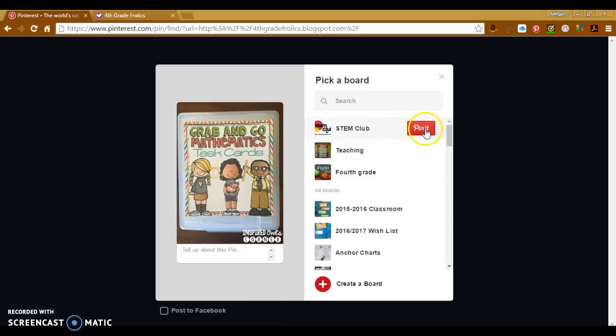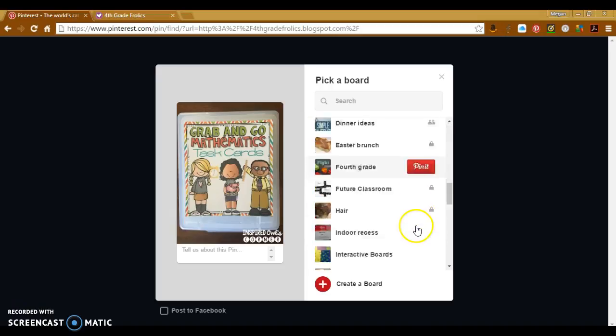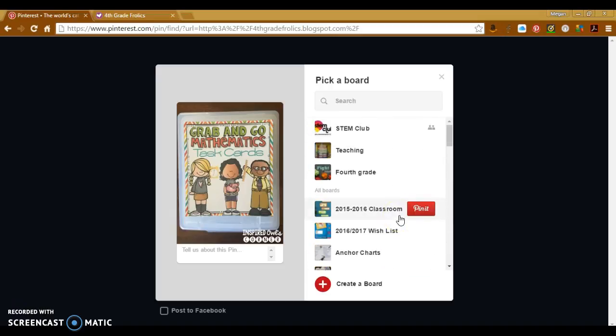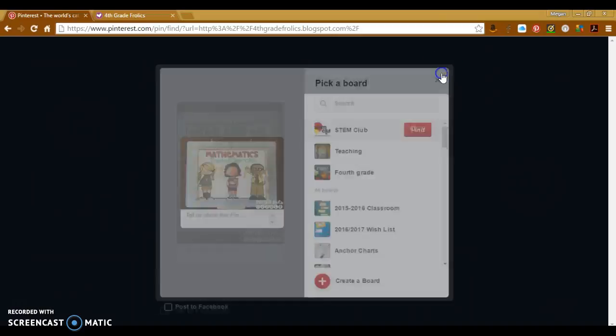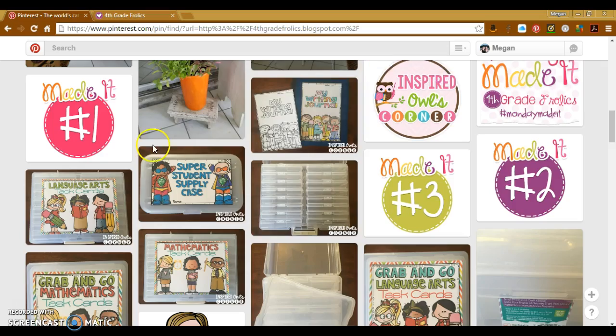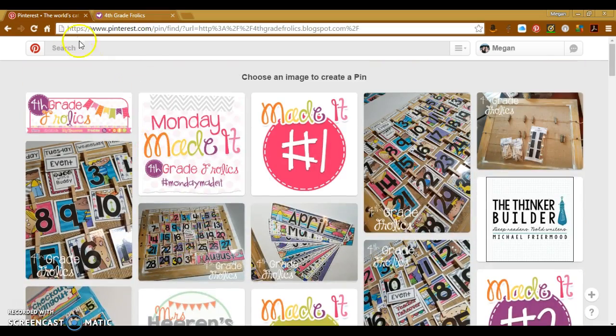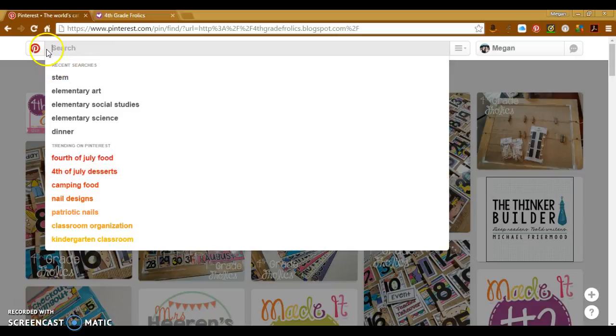I'll be able to pin it to one of my boards. I have a lot of boards. I like to be super organized on Pinterest. I would just hit pin it. It's just going to save just like normal. There we go. One of the things I really like to do though is when I go back to my home page